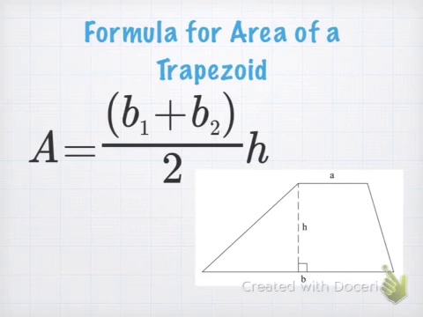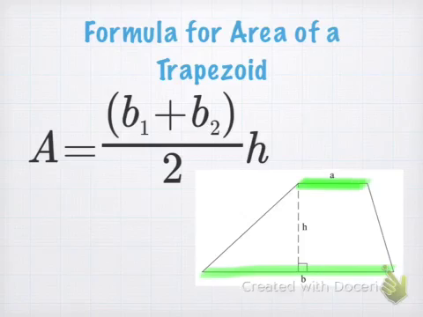So the formula that we actually are going to use when we're finding the area of a trapezoid is area equals base 1 plus base 2, or you could call it A plus B. It's just going to be your top combined with your bottom parallel line. And then we're going to divide them by 2. So if we add them together and divide by 2, we actually end up getting an average of the two of those. So then you're simply going to multiply it times your height, just like you would if you were solving for a triangle. So we're going to be using this formula in order to